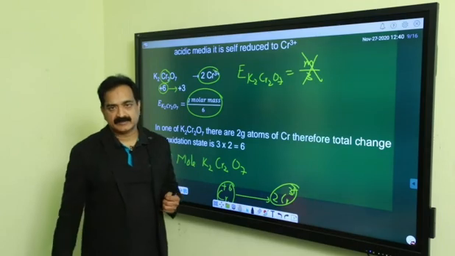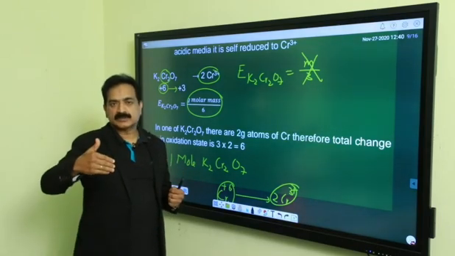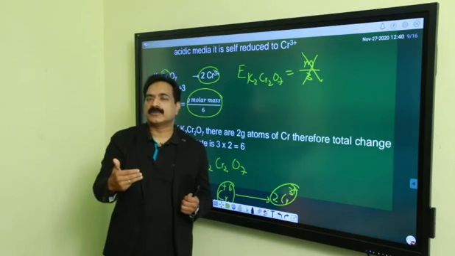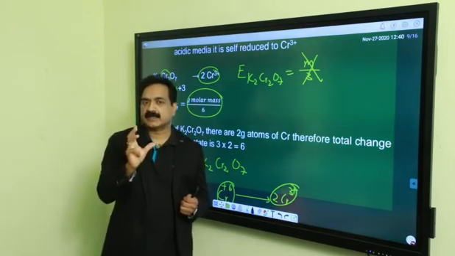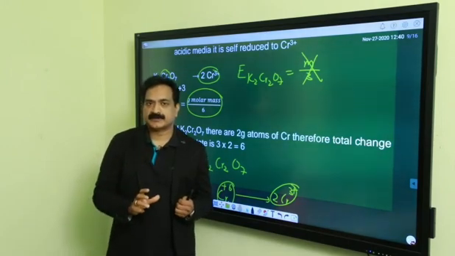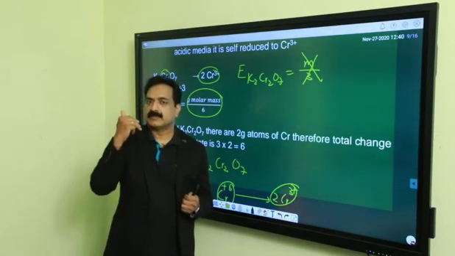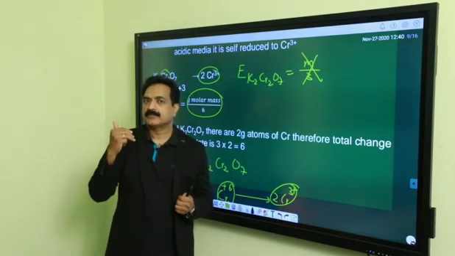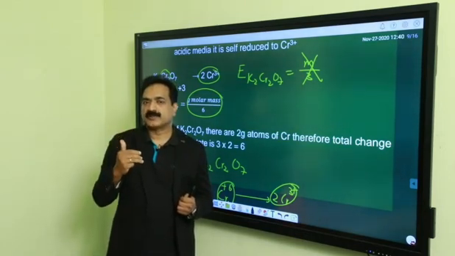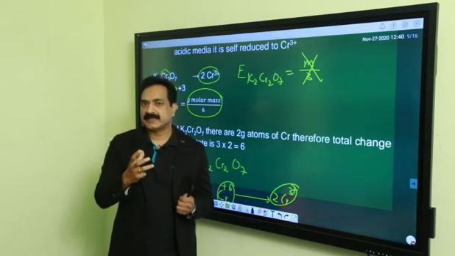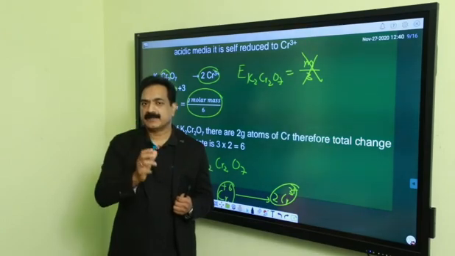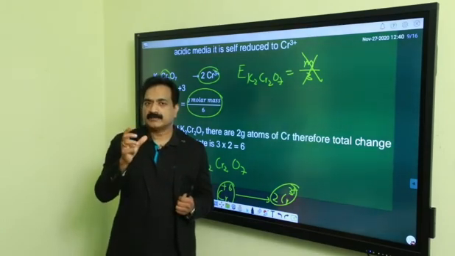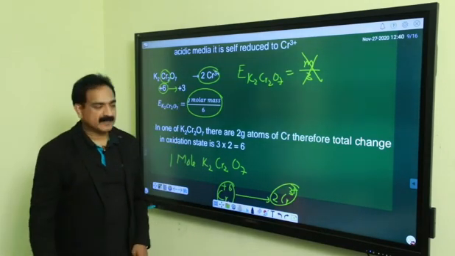that is, valence factor 1. For salts, it is M by the total positive or negative charge. For an acid, it is molar mass divided by the total replaceable H+. For bases, it is replaceable OH-. For atoms, it is valency. For ions, it is the charge. This is the valence factor.